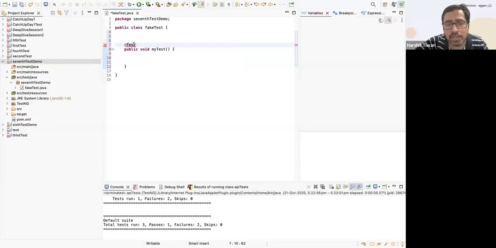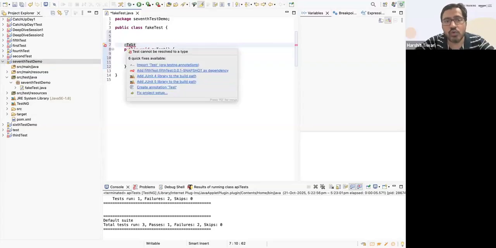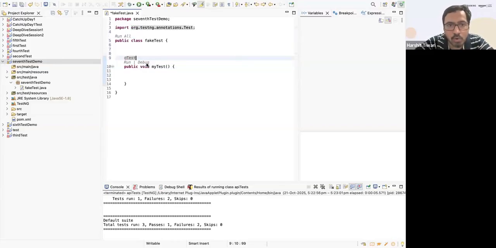Is it a variable? What exactly is it? So what you have to do, you hover over this again and you choose this first option, import test, org.testng.annotations. You import this. As soon as you click on this import, you'll see your red squiggly line has gone. What does this mean? This import statement means that from this library, once you've added this library in your project,